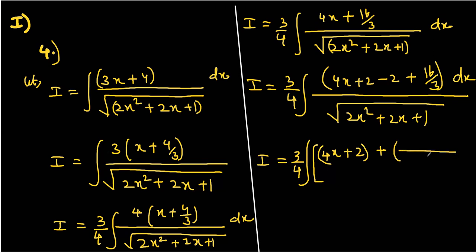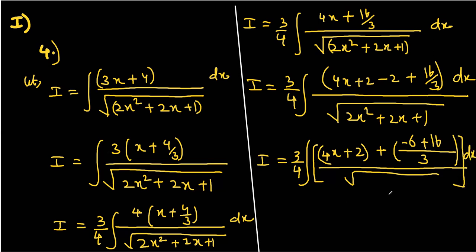And LCM is 3 here. So the advantage of taking plus sign is nothing you have to worry inside. Whatever sign a term has, it will come with the same sign. So minus 6 plus 16, and here square root as it is. Okay, so you have here I equals to 3 by 4 and